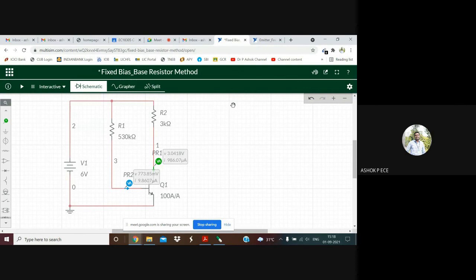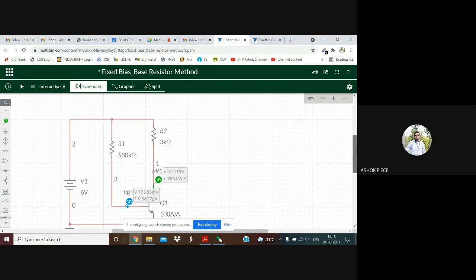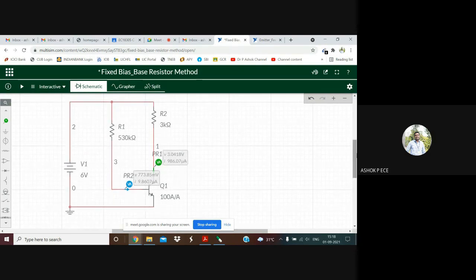Any doubts or queries you have in the simulation of this circuit? As I already gave you the link for Multisim, you just have to log in and try simulating this circuit. It is drag and drop, so it makes it very easy to design any circuit. Okay, I hope the circuit is